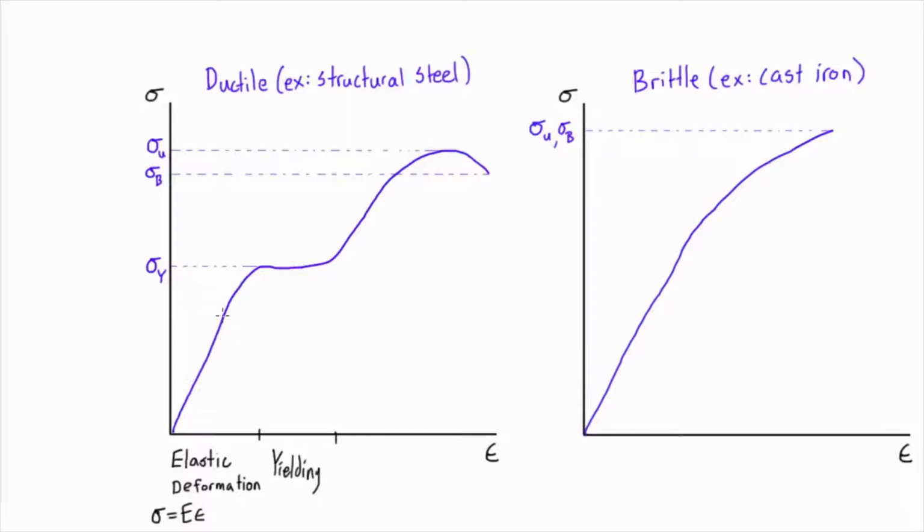And if we unload it, then we follow the exact same profile back down all the way to 0 strain. Now, if we apply this load such that we get a strain that takes us past this yielding stress, or at least up to this yielding stress, and we get yielding, if we unload the applied force in that region, basically what it's going to do is it's going to start here on the plot, and the plot adjusts. It'll shift over. It'll follow this same slope here, but when we unload it,